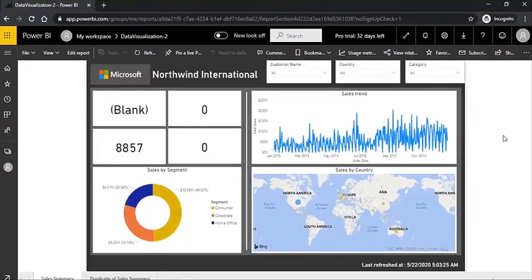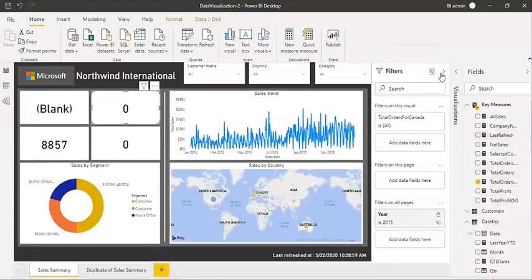So you need to make sure this filter pane gives you a lot of flexibility, right? In order to manage the data which you want to display on your report, or whether you want to allow your users to filter the data, or you want to restrict them. Okay, so there are a lot of things which you can handle just by using these filter settings.